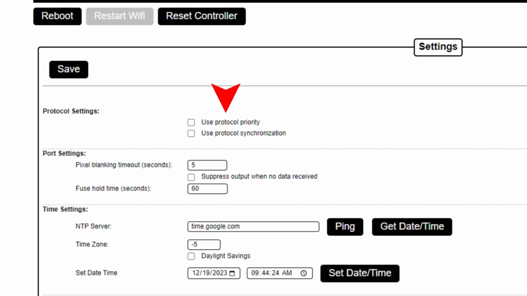This is useful if you have multiple devices sending the controller data. If this is selected, the controller will only listen to the device that's set up with the highest priority. Use protocol synchronization will wait to send any data to the lights until it receives a sync packet from the show player. The pixel blanking timeout is how long the controller waits to send a blank signal to the pixels